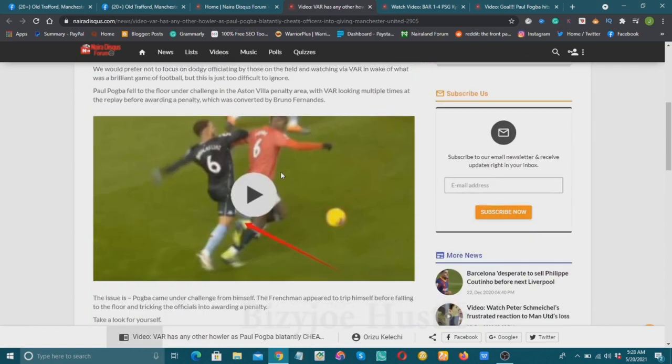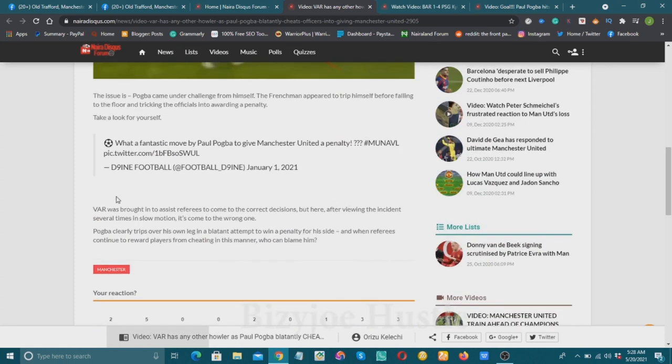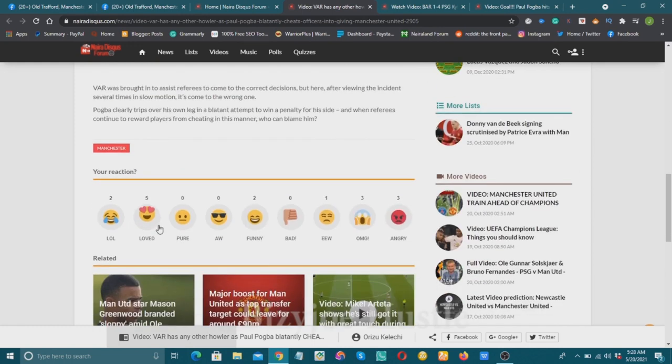Another interesting thing is the display image. The display image looks like a video, so you create your image like this. It comes with an image of the field, maybe at any point in time, and you can always get this online. Then you can add a video icon. You can download this video icon and add it to your image. You can get the image on Google, download it, and do small editing on it. The posts are normally short, and you can even get the videos on Twitter.